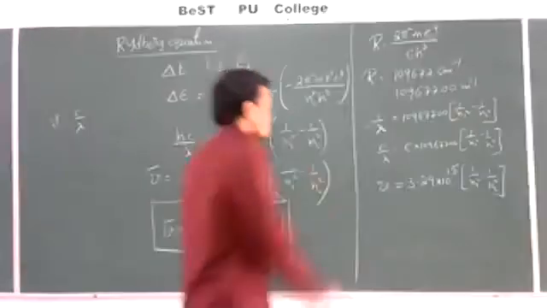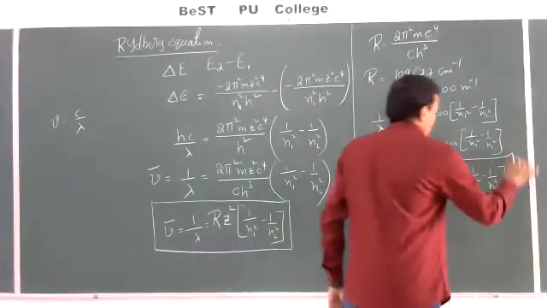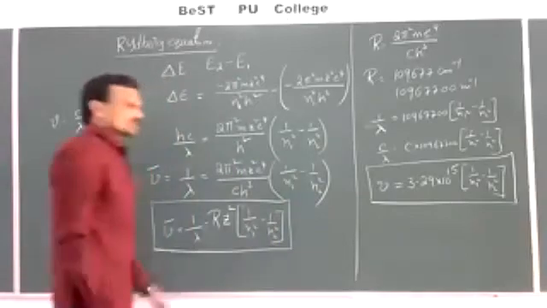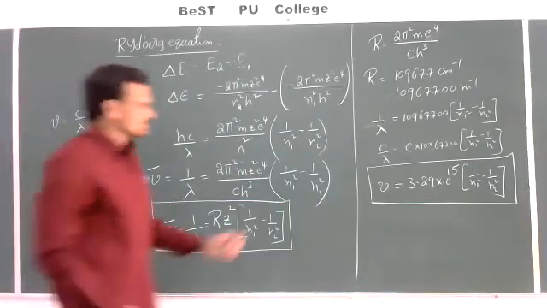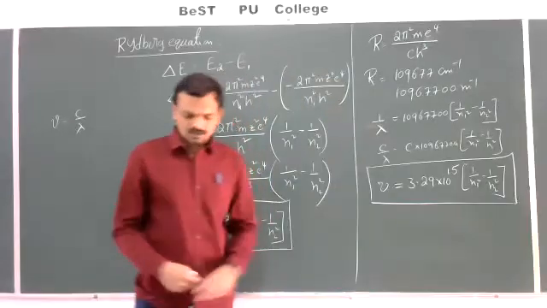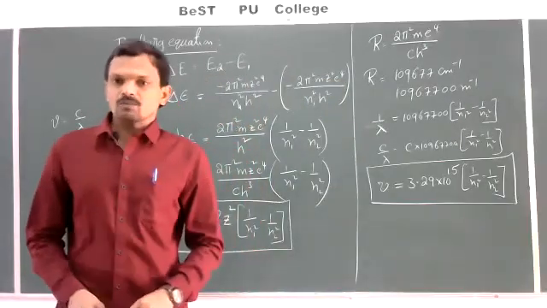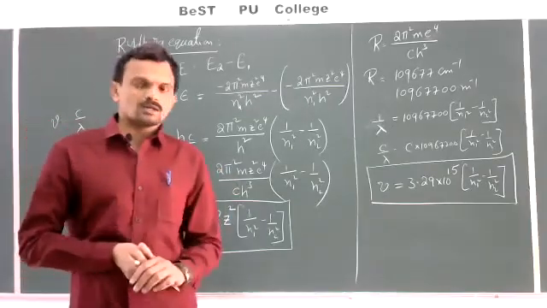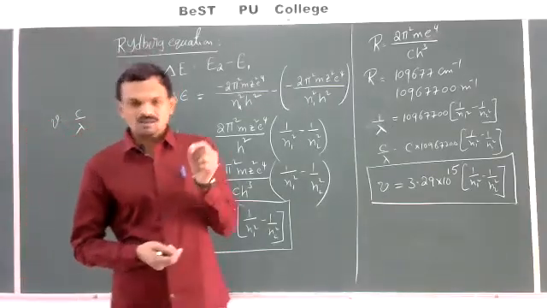Okay, so this is the expression for the frequency of the spectral lines. What does the frequency of a spectral line mean? This relation we should use. In the beginning we discussed the merits of Bohr's theory. What did we discuss in the merits of Bohr's theory? The Rydberg constant was calculated.